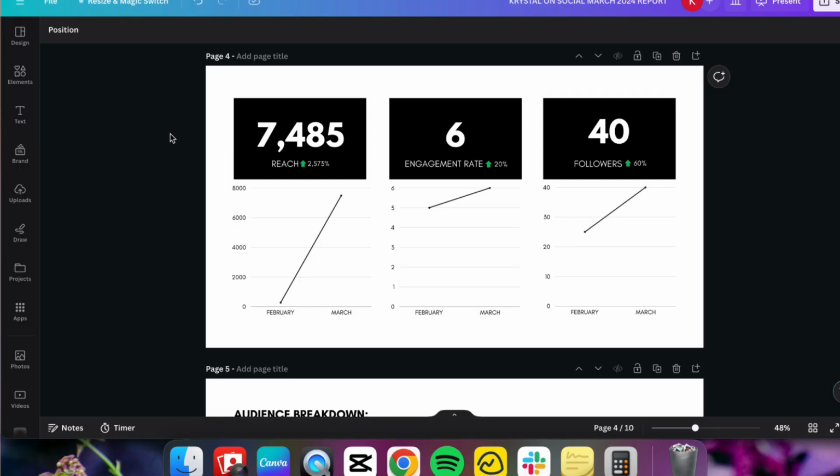I also have supporting graphs here, and I recommend using graphs to support your reporting because one, it just looks good presentation-wise, and two, I found throughout my experience presenting reports to decision makers like marketing managers, CMOs, and founders that these people tend to like to see data compiled over periods of time, and so graphs are a great way to showcase that.